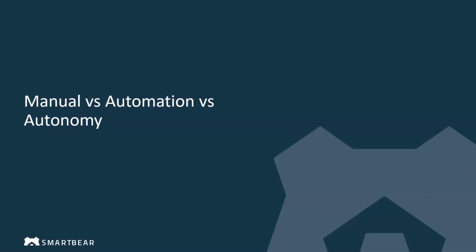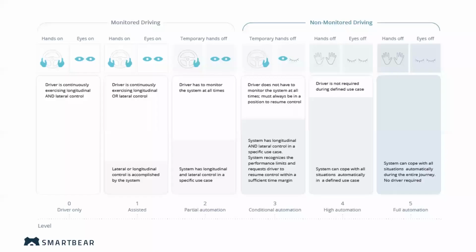Alrighty, so let's dive in. Manual versus automation versus autonomy. We're going to have people of all levels on the call, so I want to make sure this is relevant and understandable for everyone. So we're going to level set with something that we're all familiar with and have likely heard in the news for the last couple of years. We're going to start with the automotive industry, and compare those levels of automation to the software development levels of automation.